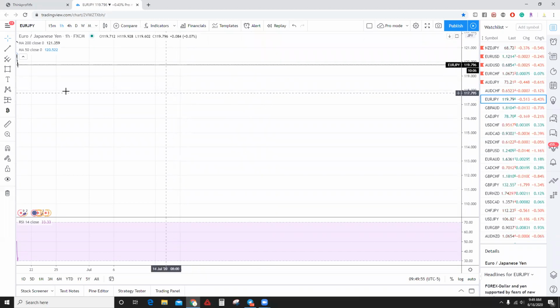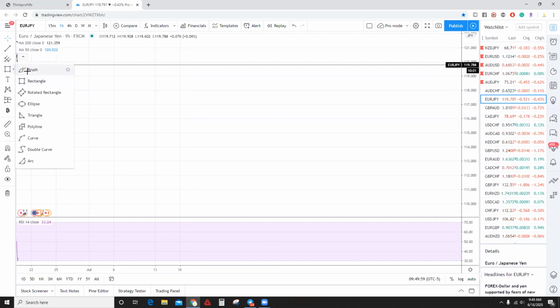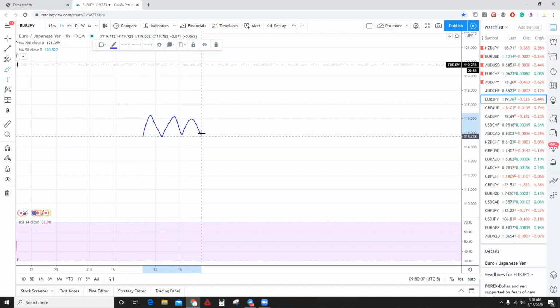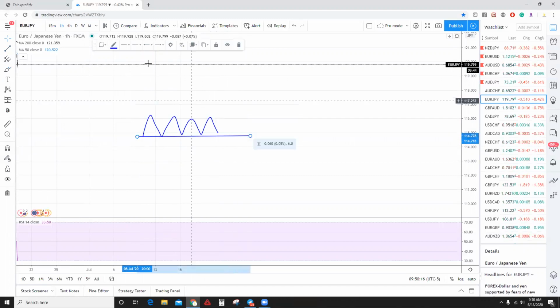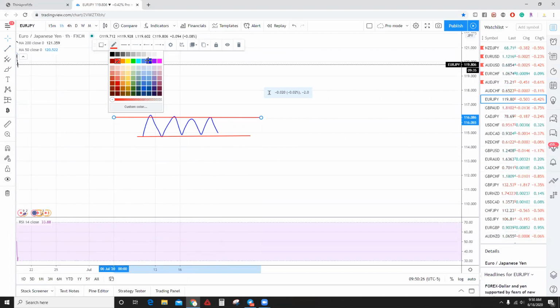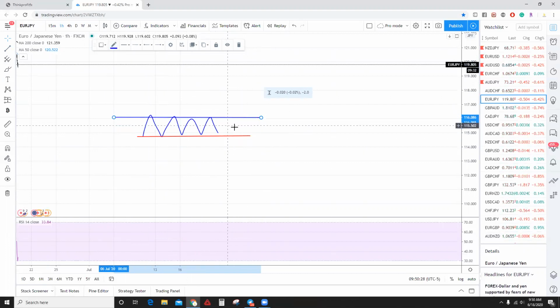So let's go right to it, okay? Support and resistance is easy. Think of this as consolidation. What is consolidation? Basically, the support is like a floor. I'll color it red to make it easier. Then the resistance is like a roof, right? This always happens in the market, all the time.